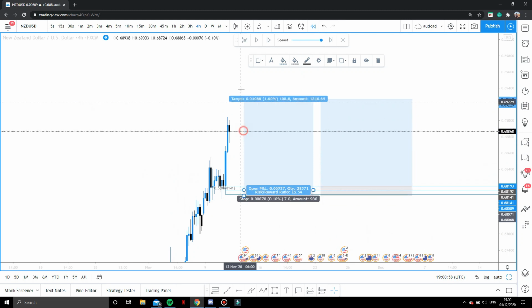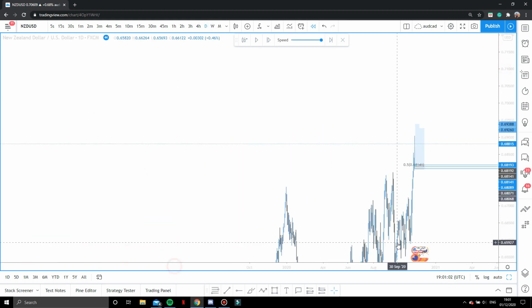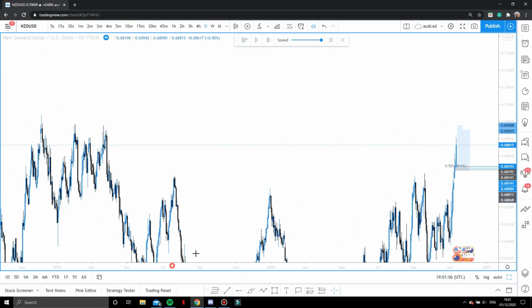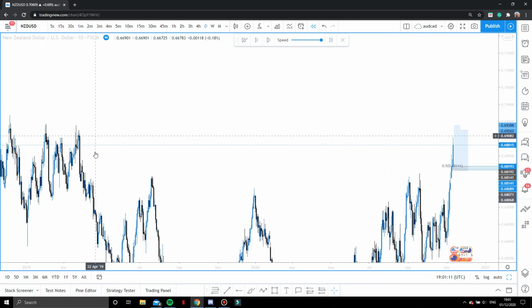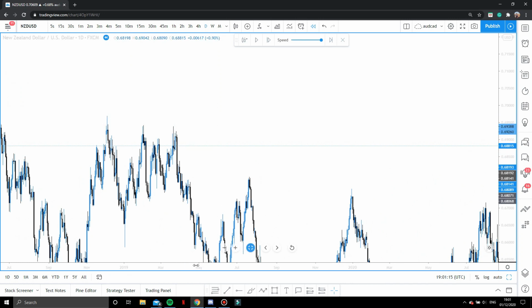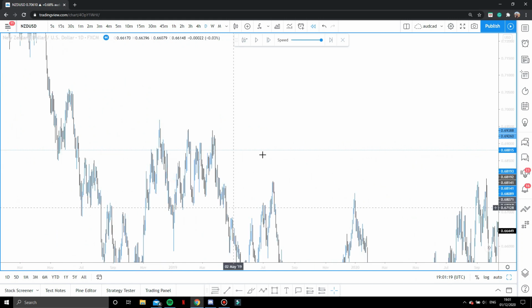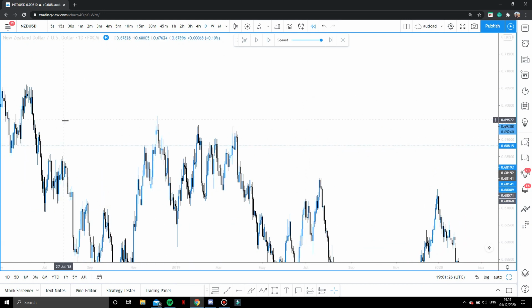Okay, now TP wise, what you have to do, if you go back to the daily, right, and all you're going to do is just look to the left and find some targets and try and break some structures, right? So obviously you can see it's bullish, and price can react to any bearish order block, and all you have to do is just monitor price and see if it breaks it or not. But ideally just follow the order flow and follow what market structure is showing you, right? So ideally we want to break these structures and we want to see where our potential points of interest are